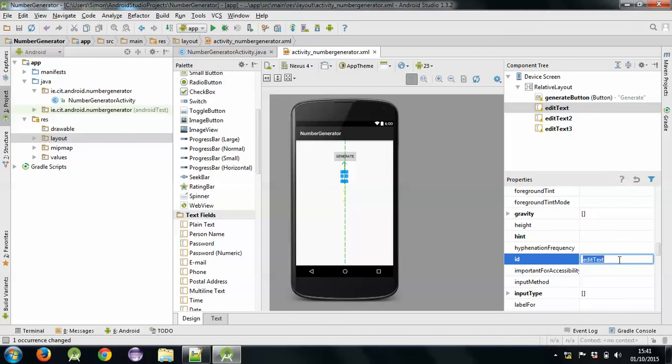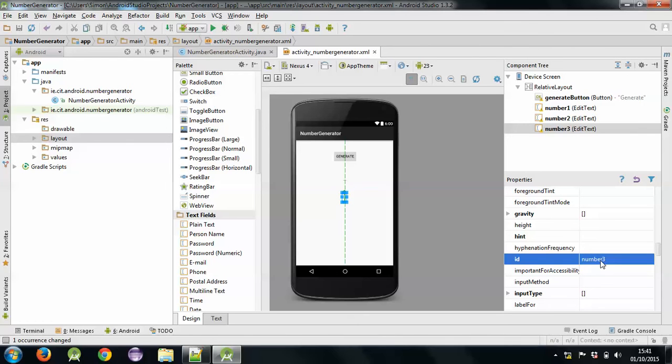Edit text, we could change to number 1. The next one, change it to number 2. Third one, number 3. So that they are IDs which are more meaningful to us as the person programming this